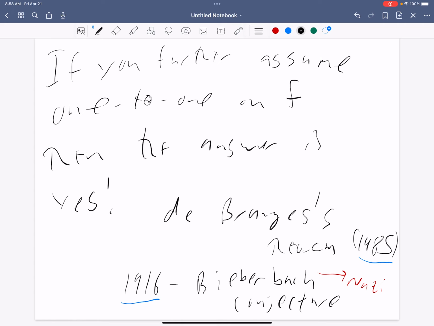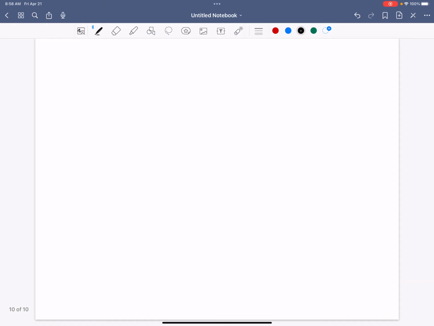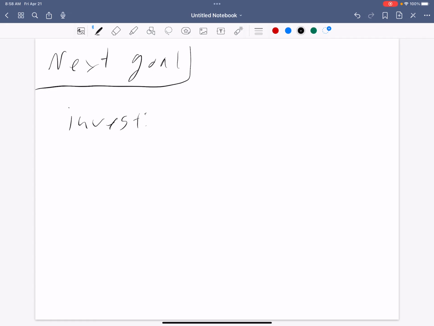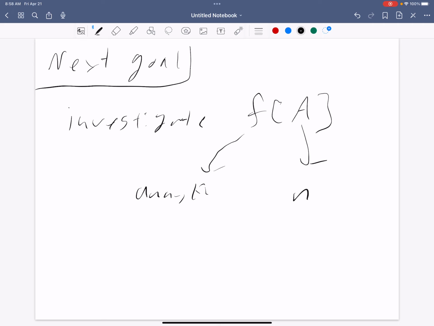Speaking of conformal mappings, we kind of already started planting the seeds for what that's about. So let's follow that thread a little further here and move our way into 3.3. All right. Next goal, and essentially our final goal for the course. We want to investigate images of analytic functions where A is a nice subset of